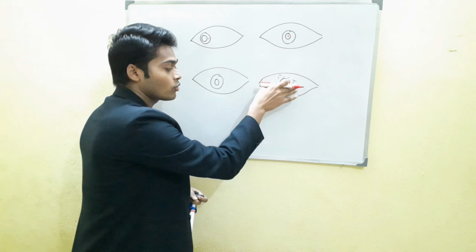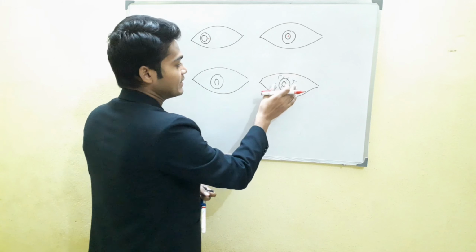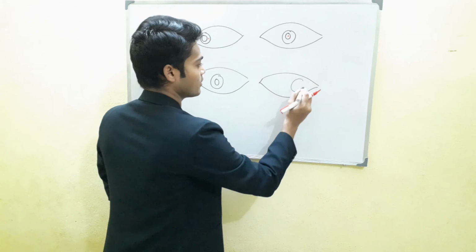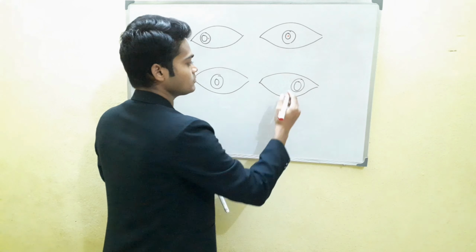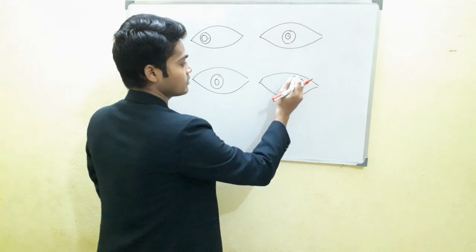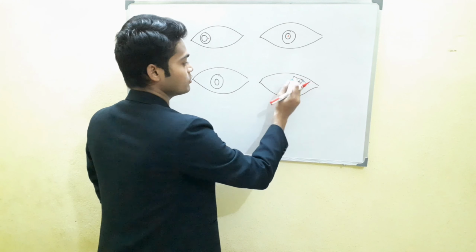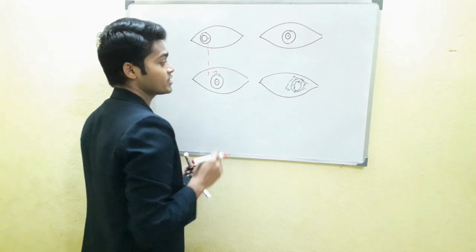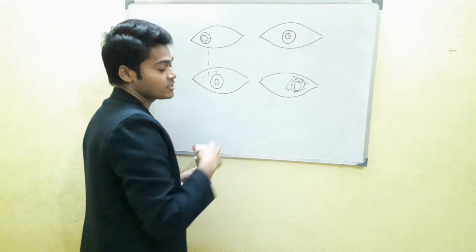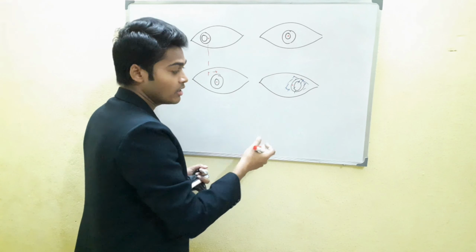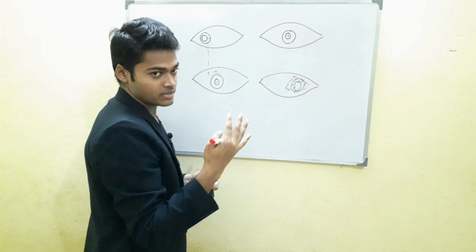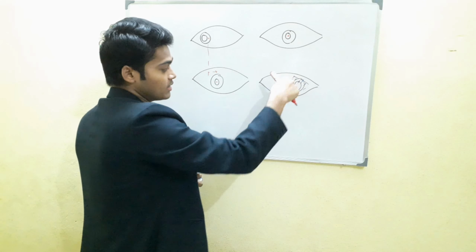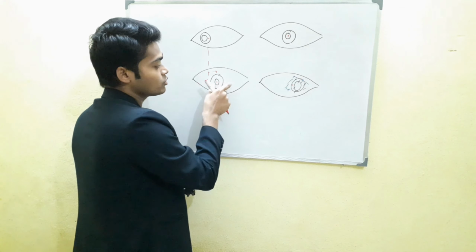This eye, after occlusion, when I put the occluder, swiftly shifts into this direction, and this eye comes into here to maintain the fixation, which means alternate exotropia, right. And what will happen next? There are four possibilities. These eyes are simply fixating eyes. As we put the occluder in this part, this eye gets deviated and the other eye becomes the fixating eye.